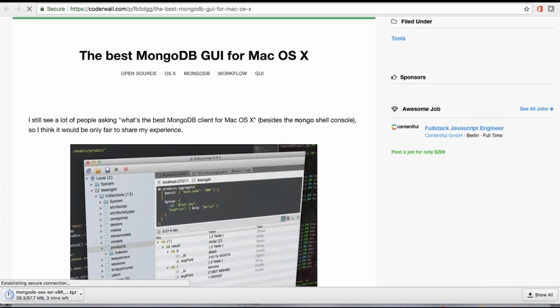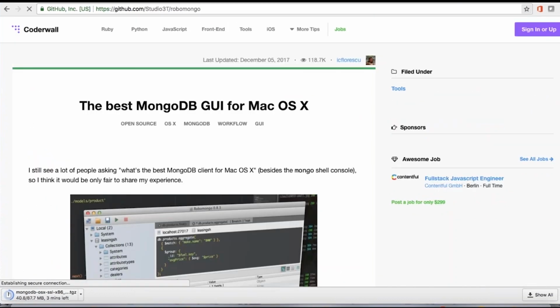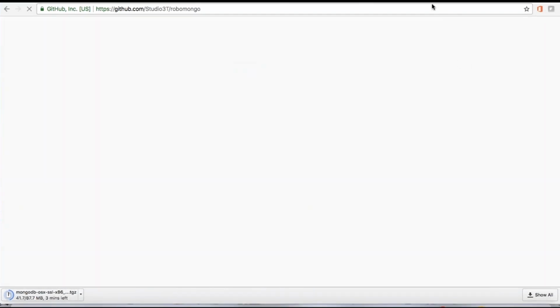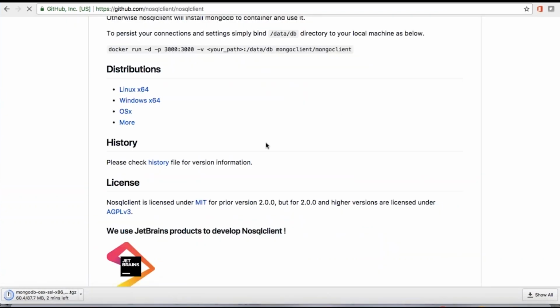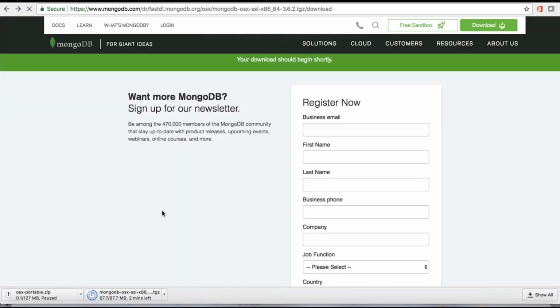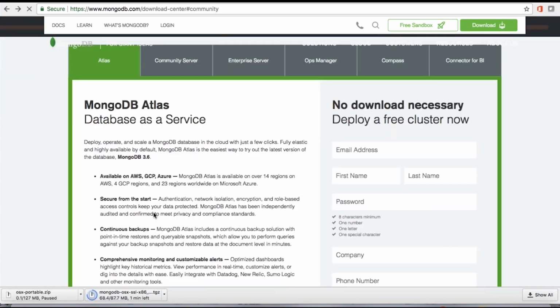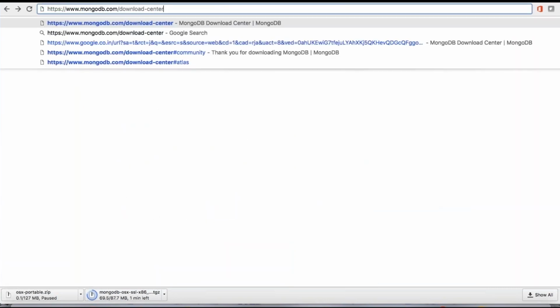So you can download any of the MongoDB GUI clients, whichever suits you. So let's see. This is a NoSQL client. This is just to give the user interface to our client. So once you go through the wizard,